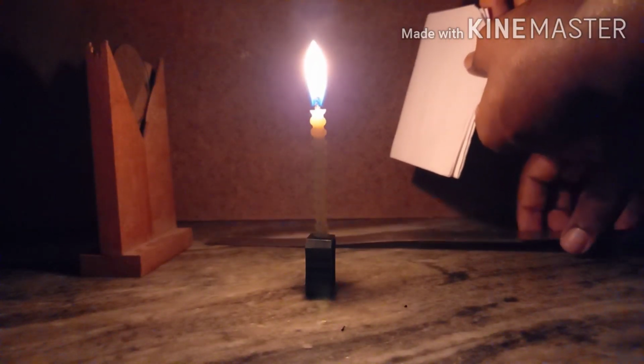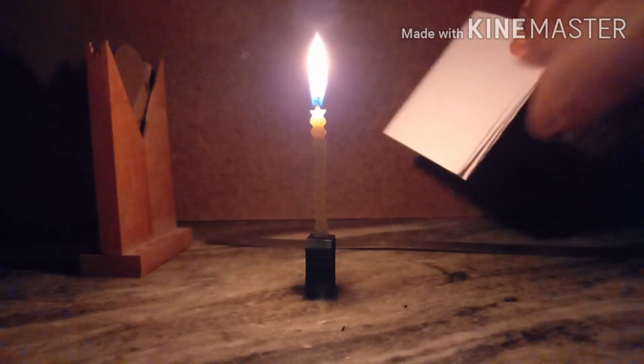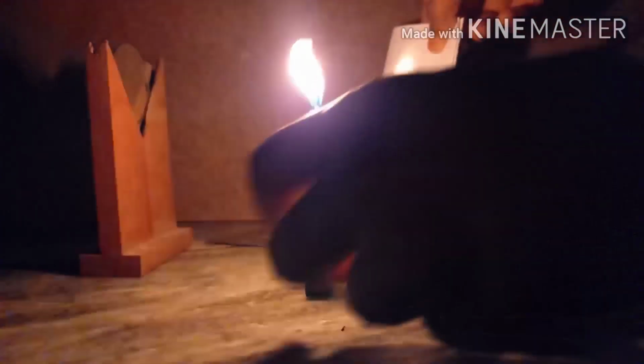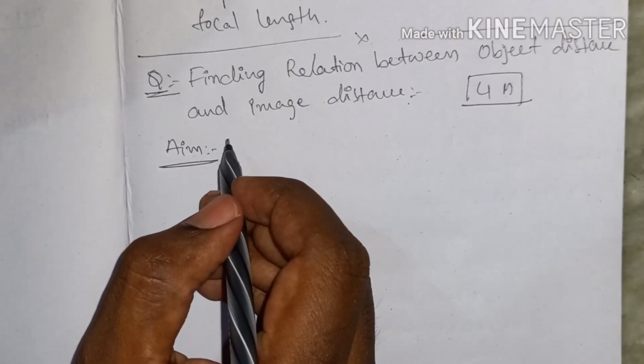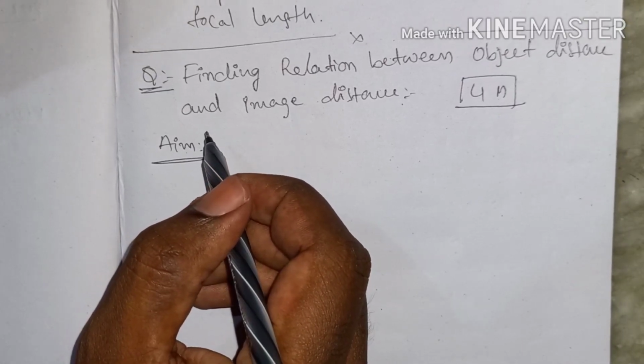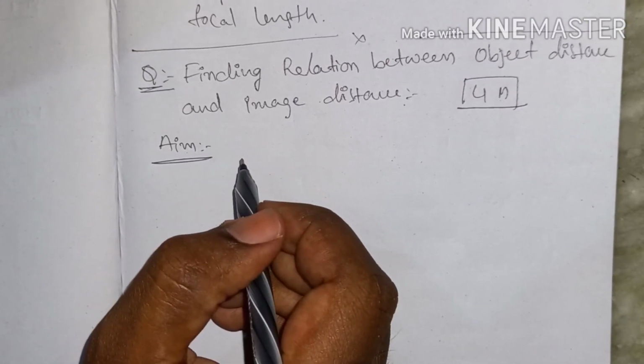From this activity, what can we observe? From this activity, we can observe that when the object distance changes, simultaneously the image properties also change. See, the image changes, no? The image is getting blurred. Okay, children, just now we have seen the activity, and first we need to write the activity, right?